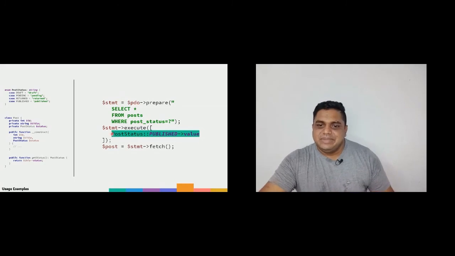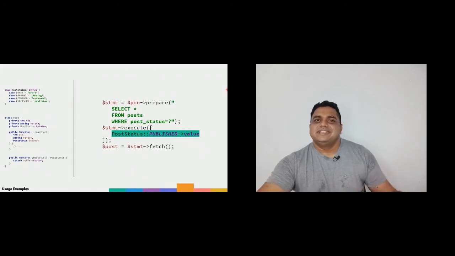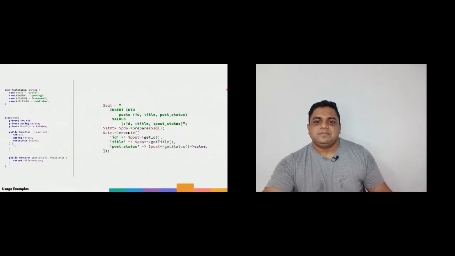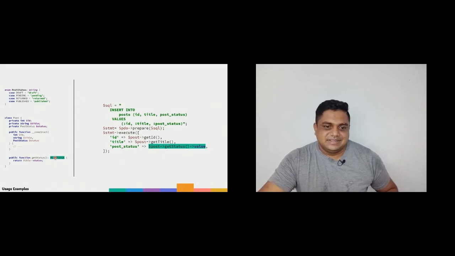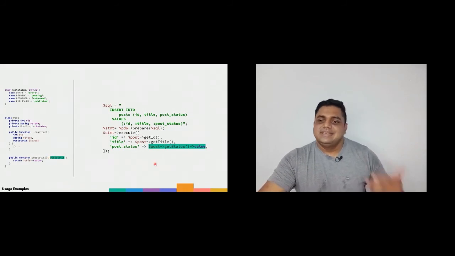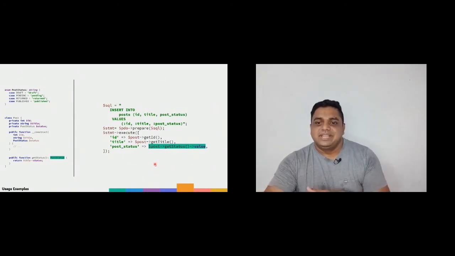It's an object, but if you access this property called value, this is published here. This is what you'll get, and the database will see the string. Again, if you want to put them in the database, you can use value. The getStatus method will return an enum called PostStatus, and we use the property called value, which will be a string.